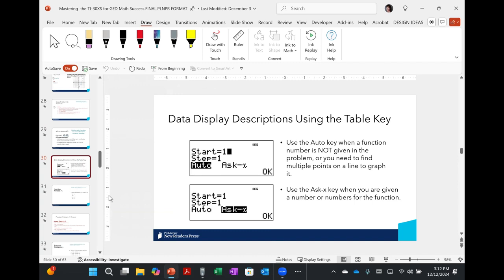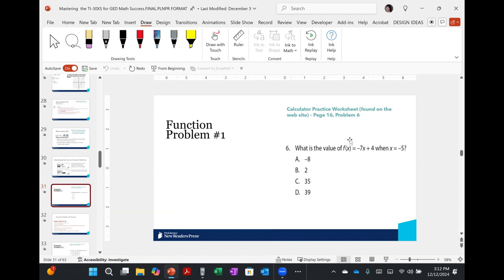So let's move on to a problem, and we're going to tackle this one together. Now, I'll just tell you that when you are given a value of f, so in this case, it says x equals -5, I'm going to show you two different ways that we can input this into the calculator using the table key to get an answer. So I'm going to call up this table key,